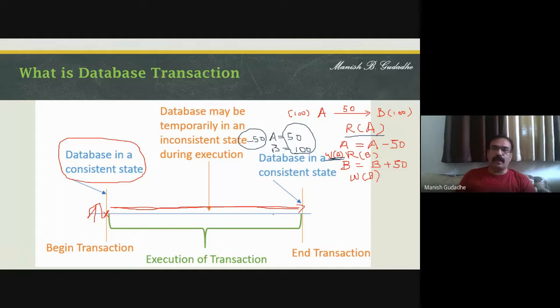So there actually A plus B should always be equal to 200. It should be A is 100, B is 100, it is equal to 200. At the end, A is 50, B is 150, it is equal to 200. So A plus B should be 200. That is the consistency of our database we want to maintain. But as after the third instruction, there was a cancellation of transaction, the rupees 50 is lost. And we are not able to maintain the consistency of A plus B is equal to 200.